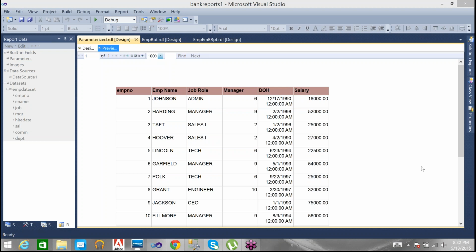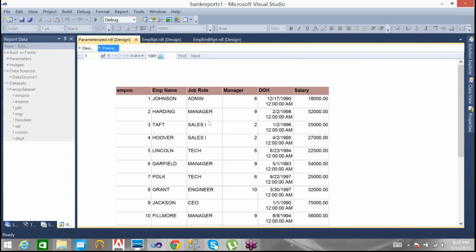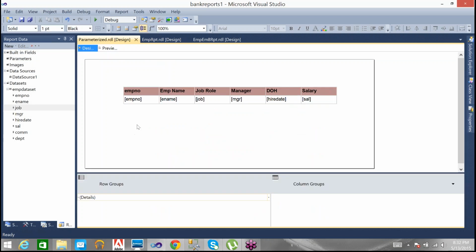If I'm asking this question, what are you going to do in a normal table? That's good, the where clause. You are going to use the where clause. Now here I need to use the where clause in the SQL statement. But I might ask for the admin employees once, the manager employees once, the sales employees once. So do I need to use that many where clauses? How do I need to get that? While executing, I might want to enter that particular job role. Then what are you going to do? You guys did it.